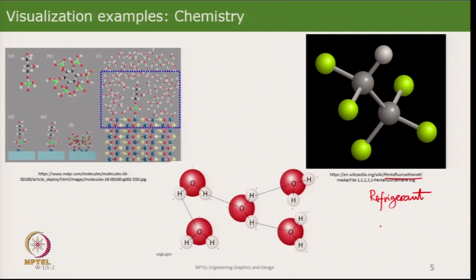So, that is a 3-dimensional structure. These are the 2 carbon atoms, 5 fluorine atoms, and 1 hydrogen. So, that is one example. In the picture here,